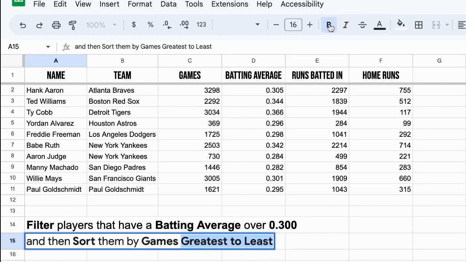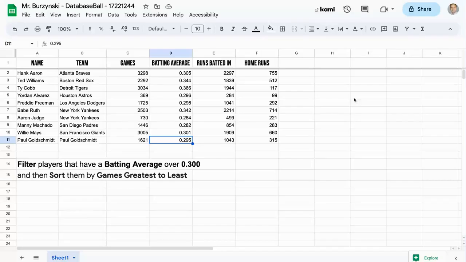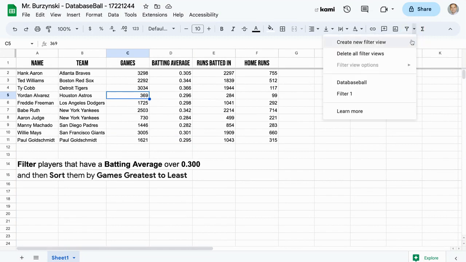So now you have to figure out how to get the filters to operate so that you can only see the players that have a batting average over 300 and they are organized by the games column so that the highest numbers are at the top and the lowest numbers at the bottom. So to start this, I want to make sure that I have one of the cells, again, select it within my table. I want to create a new filter,